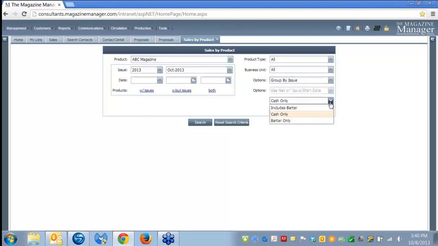I have the option to include barter, if I have barter payments and I want to see that in my report, or if we don't use that, we can just select cash only. This report does have the option to compare with the previous year. So it's going to show me my results in comparison to last year's results. Okay, so now when I've made my selections and click search,